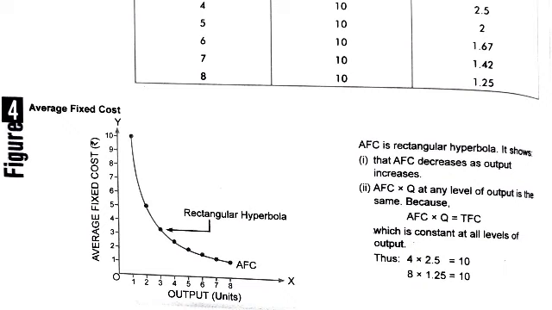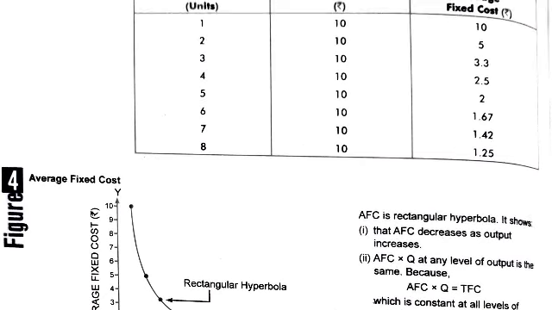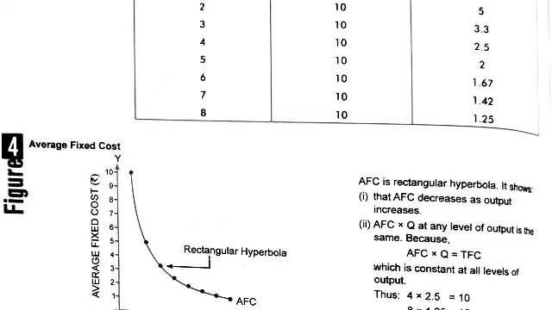अगर हम एवरेज फिक्स्ड कॉस्ट को मल्टीप्लाई करेंगे यूनिट्स ऑफ आउटपुट से, सपोज फॉर एग्जांपल अगर हम 2 को मल्टीप्लाई करेंगे जब हम 5 यूनिट्स ऑफ आउटपुट प्रोड्यूस करते हैं, 2 इंटू 5 इज इक्वल टू 10। अगर हम 4 को मल्टीप्लाई करेंगे जब हम 4 यूनिट्स प्रोड्यूस करते हैं आउटपुट के, उस वक्त हमारा एवरेज फिक्स्ड कॉस्ट है दैट इज 2.5। 2.5 इंटू 4 इज इक्वल टू 10। दिस मीन्स दैट एवरेज फिक्स्ड कॉस्ट मल्टीप्लाइड बाय द यूनिट्स ऑफ आउटपुट प्रोड्यूस्ड